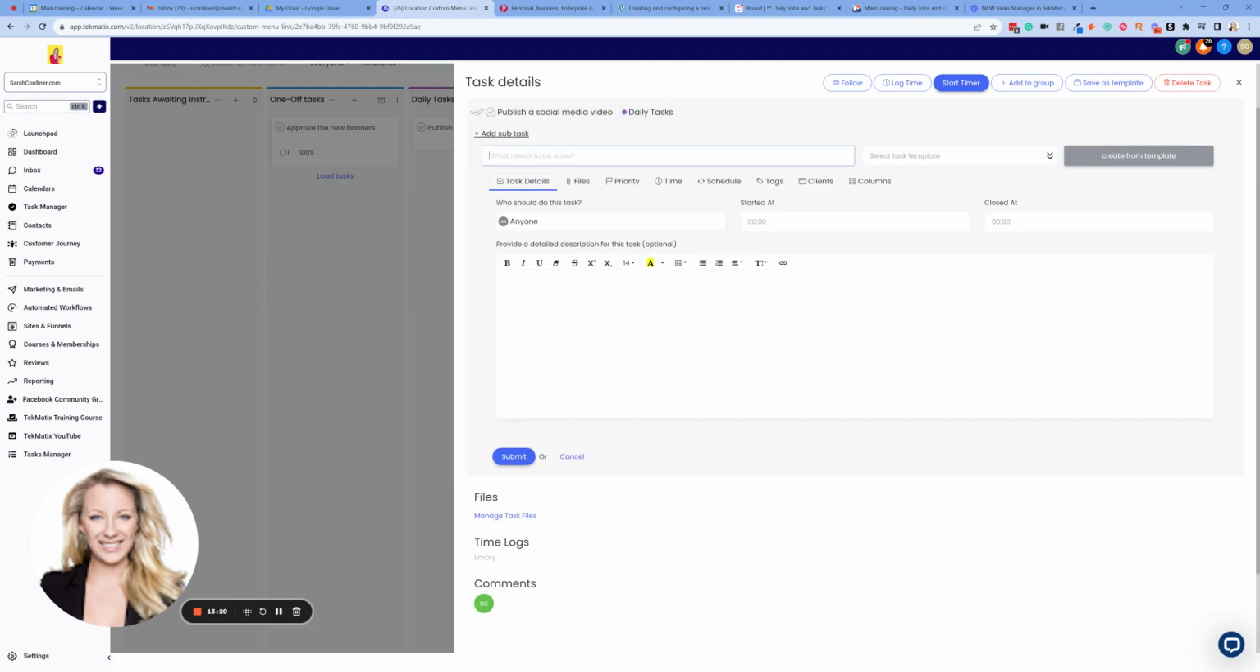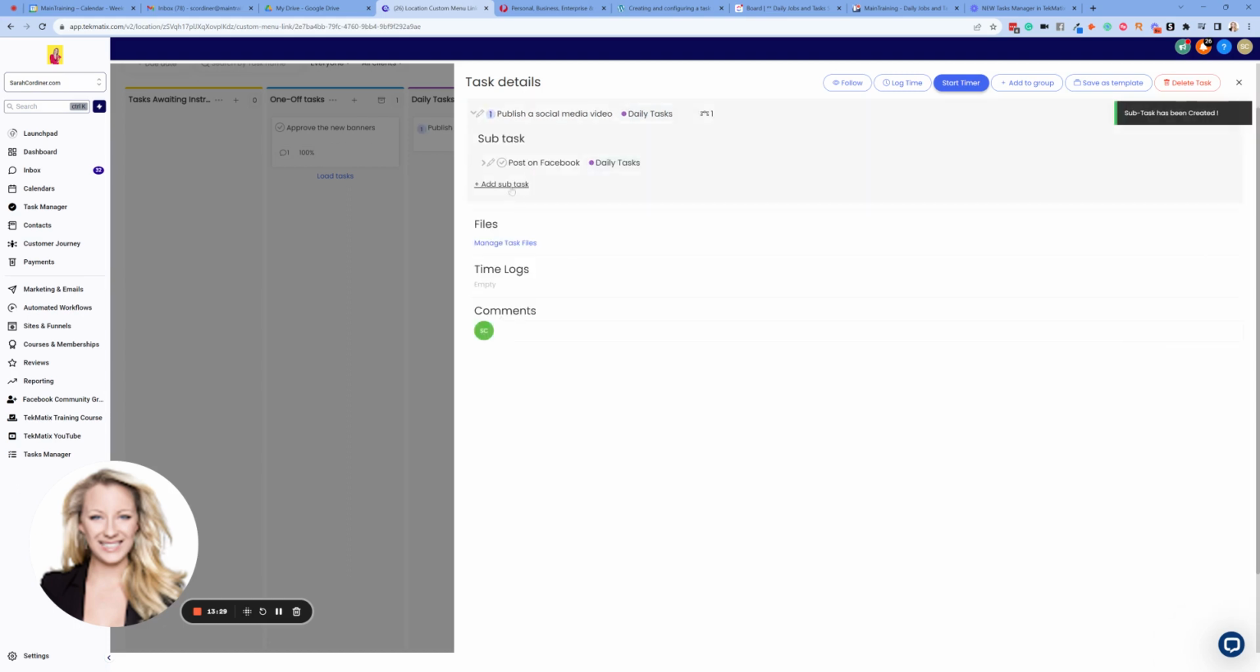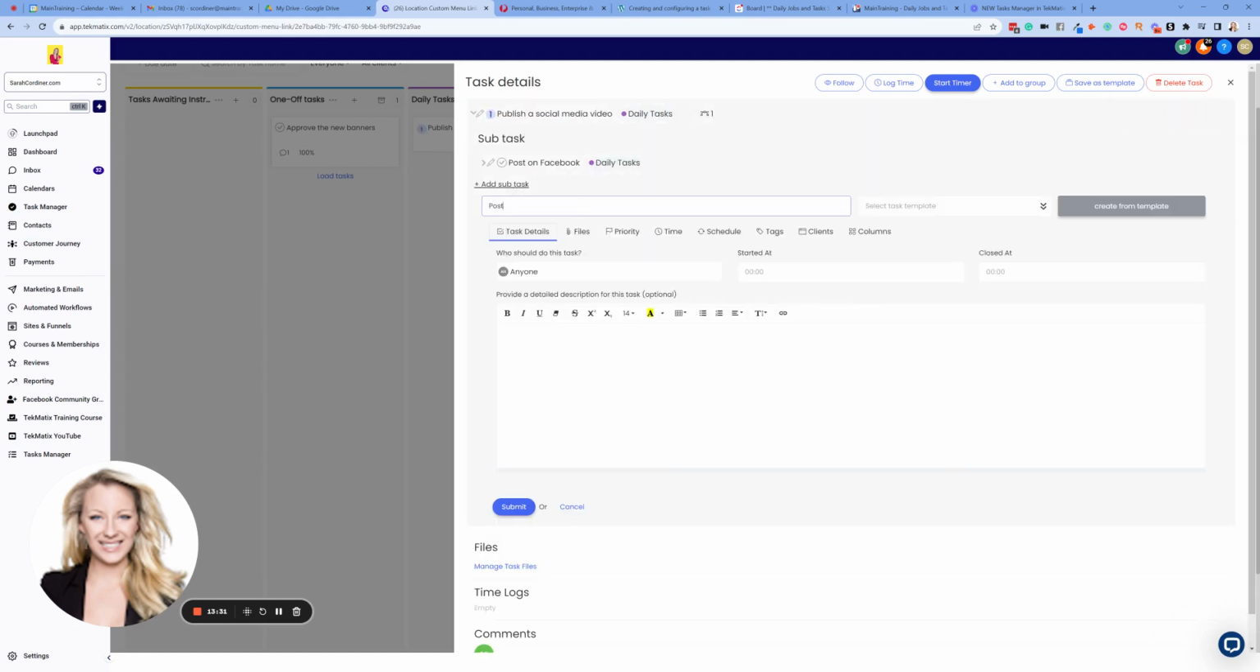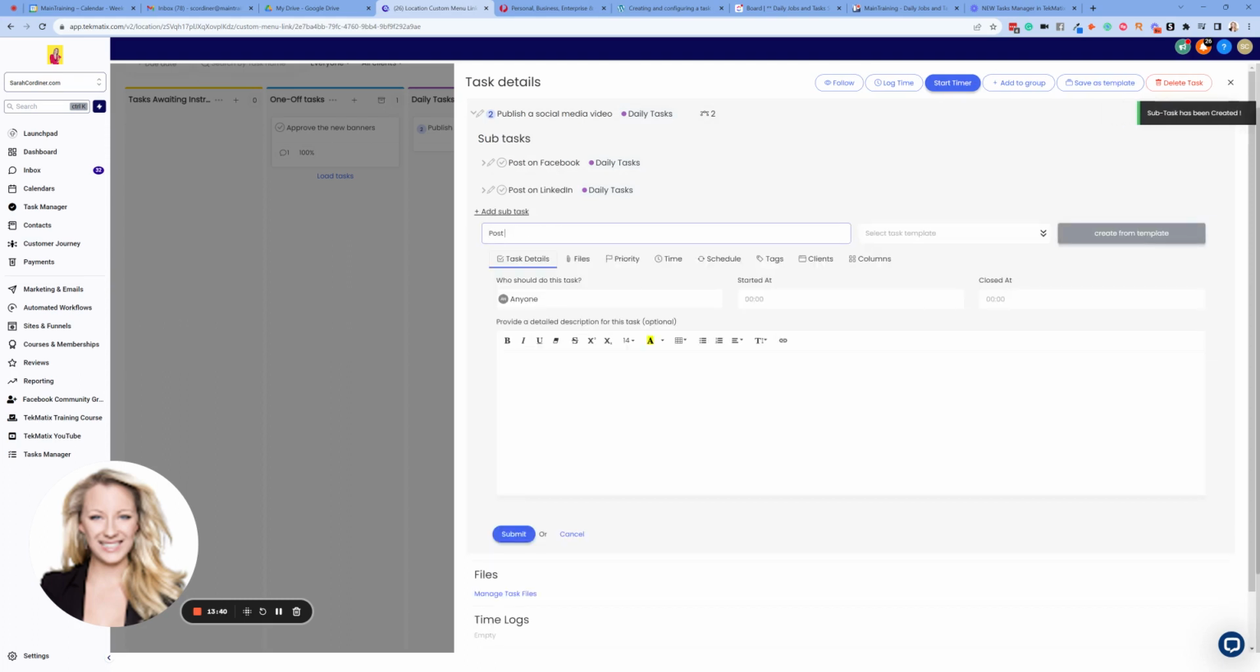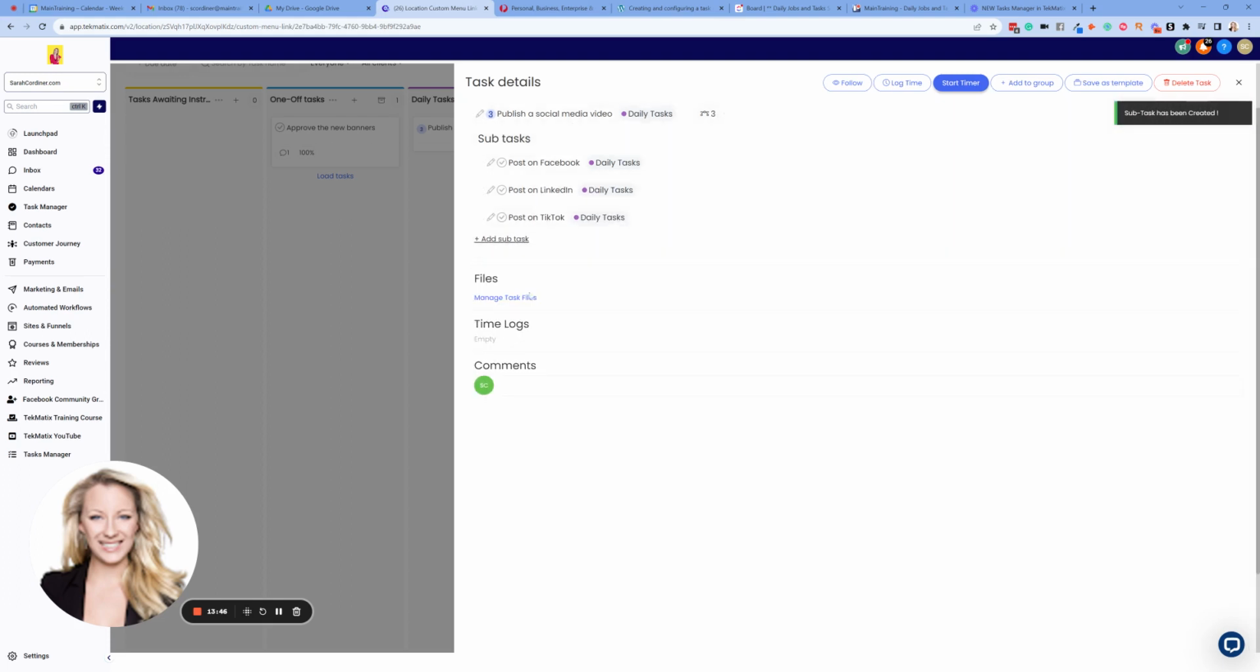So a subtask might be post on Facebook. Another subtask might be, is it going to let me press save each time? All right. It's another subtask, post on LinkedIn. This might be another subtask, submit. And then we might have post on TikTok. Okay, so submit. So I could go through and add all of my different social media channels on here and save this as